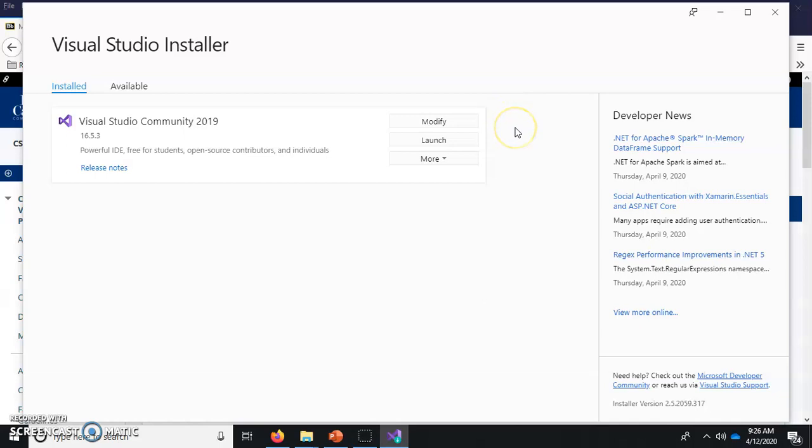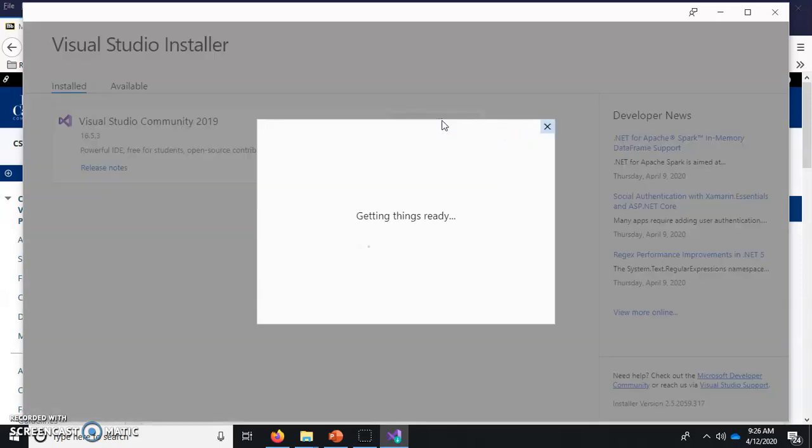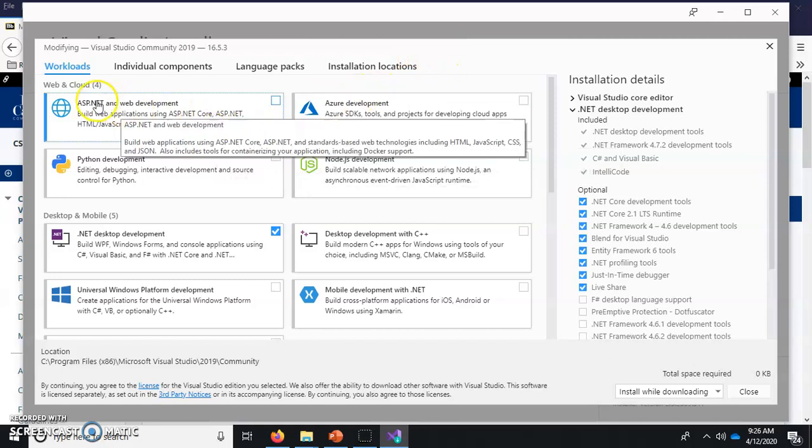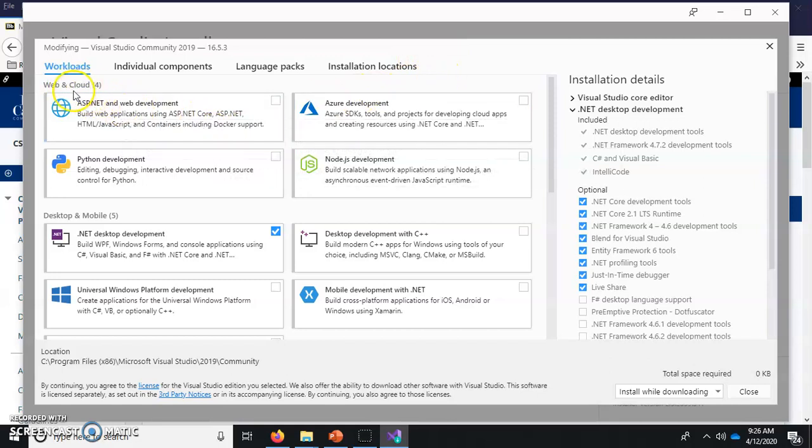of Visual Studio. So I have Visual Studio Community 2019 on my home computer, which I imagine is what most of you have as well. And to modify this installation, they make it quite easy for you. They literally put a button here that says Modify. So you just get to click that. It takes a second to check with Microsoft and see what other types of plugins and extensible features you can add. And when your screen comes up that looks like this, you'll notice that the very top option is Web